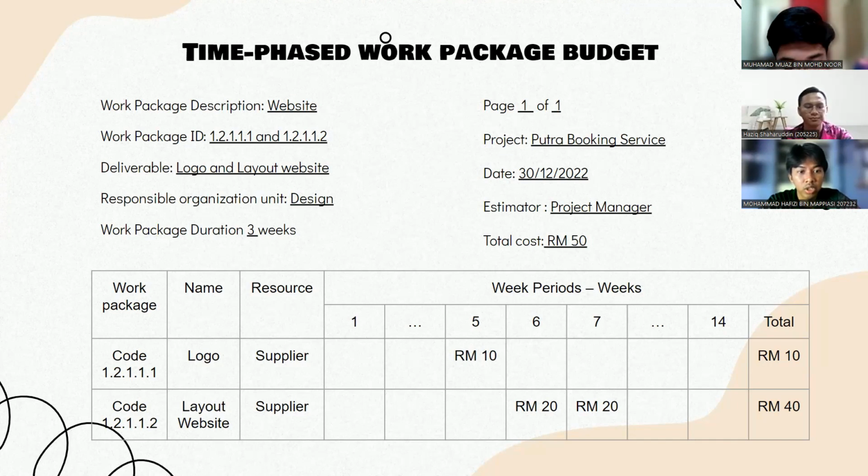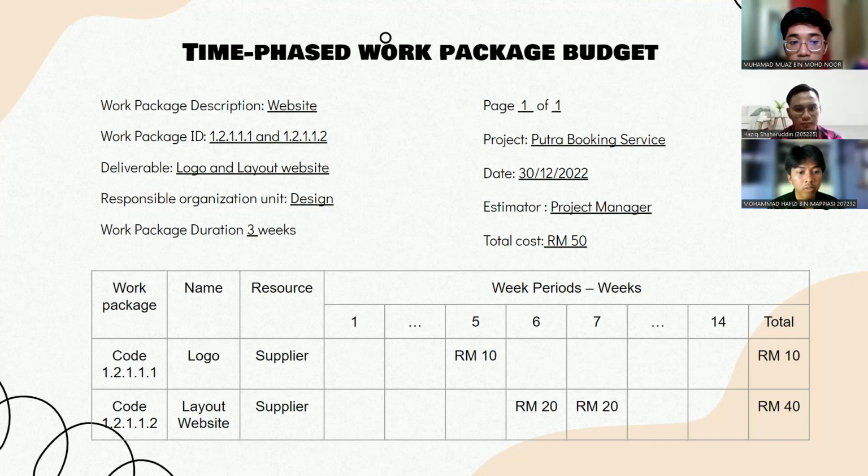So as you can see in the slide, this is our time phase work package budget. For the work package description, it is the website, and the work package ID I refer from the PBS that P1 just did. The deliverable is the logo and the layout of the website, and the organization responsible for this task is the design unit. The work package duration is 3 weeks. As you can see in the table, the first code, which is